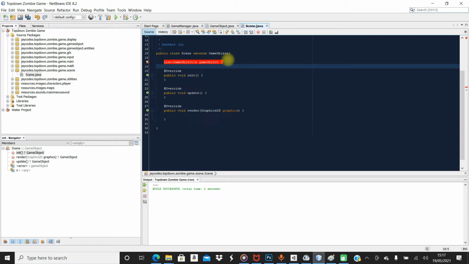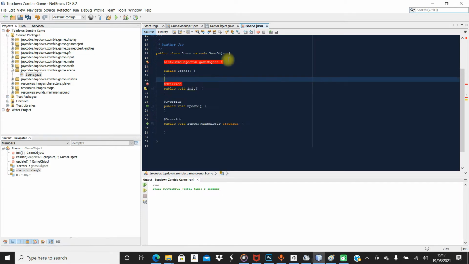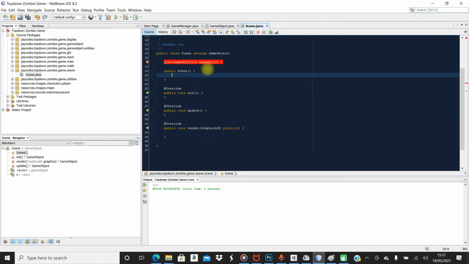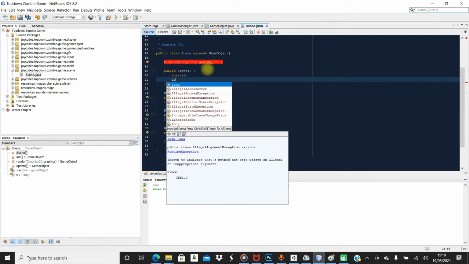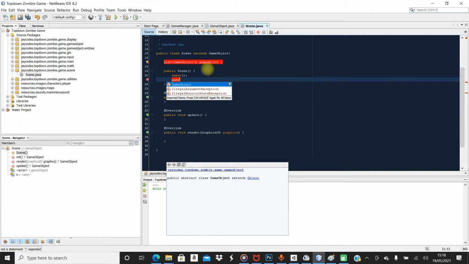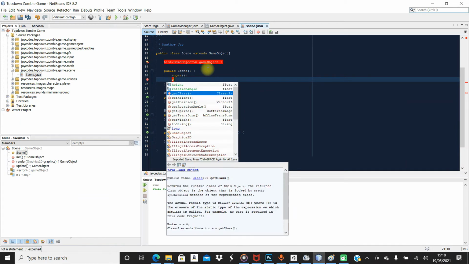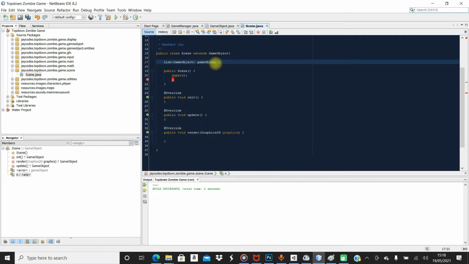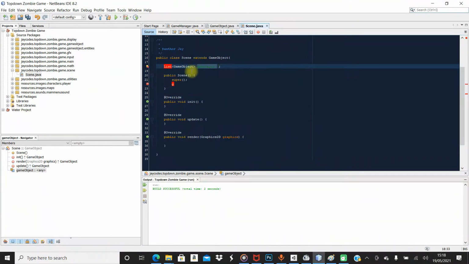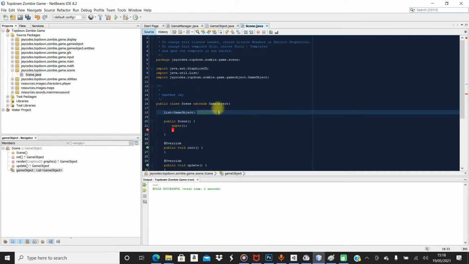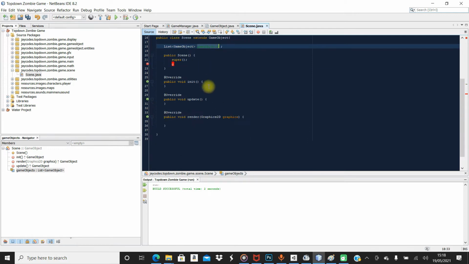Inside the scene, we're going to create a constructor, and inside there I'm simply going to call super. That's it. Sorry, let me remove the n. Oh, I didn't import, that's why I'm getting the error. It's okay. Import java.util.List, and rename this to gameObjects with an s. And I'll say here gameObjects